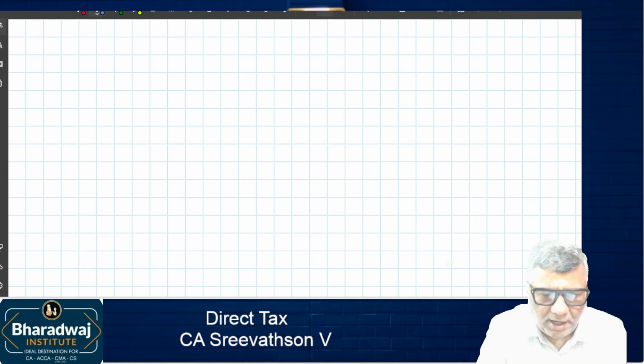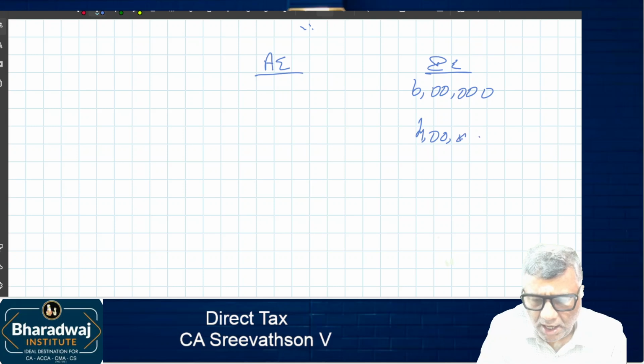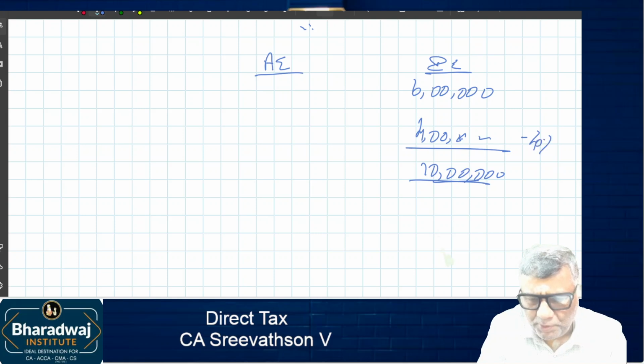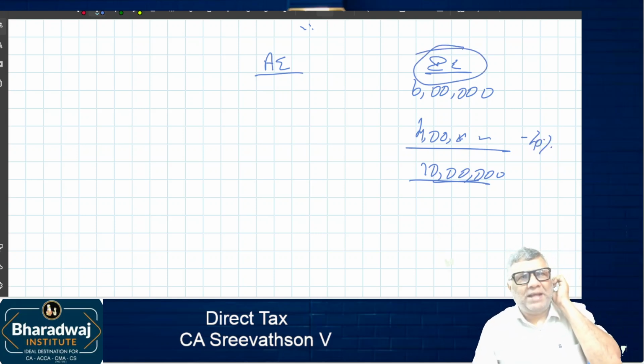Now I am taking a little, please concentrate. So let me start with the same example. Associated enterprise, independent party. He incurred 6 lakhs. I made 4 lakhs and earned 10 lakhs. Now 40% is my profit. In the case of my independent enterprise,